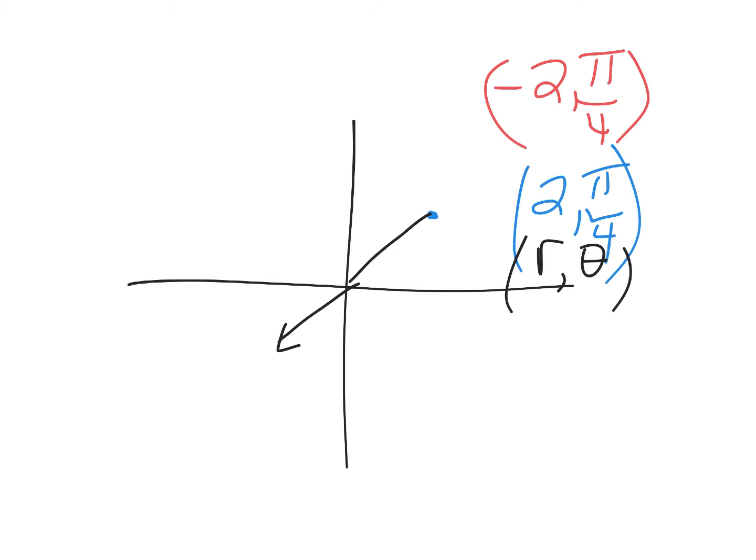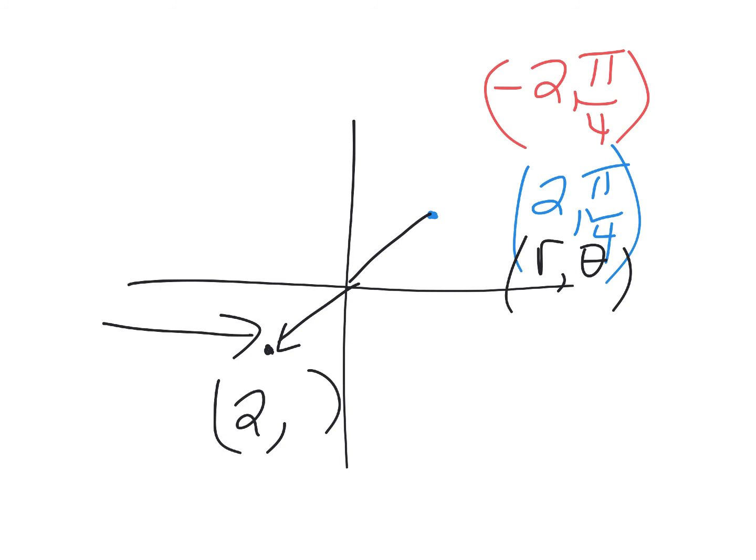That's negative 2. And you put a dot. Now you might be like, but that's not pi over 4. That's why you're not going to like it. If I asked you where this point was, you wouldn't have said negative 2 comma pi over 4 for sure. If I had asked you where is this point, you would have said 2